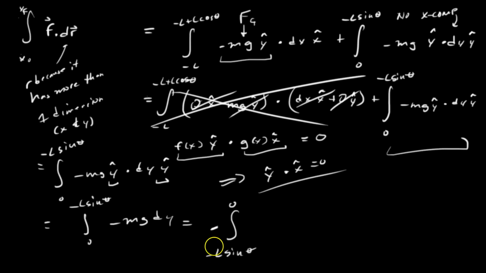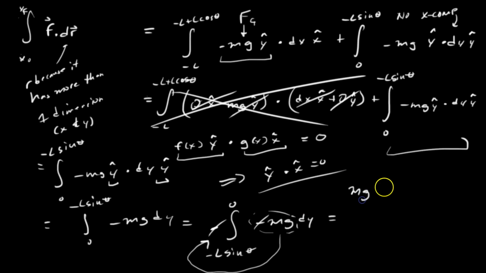Because the lower bound, the negative, always has to be on the bottom. It's going to be negative mg dy. And then, of course, as I said in the previous exercise, we can pull out these constants, negative mg, and a negative cancels out with this negative, just a positive. So it's going to be equal to mg times the integral from negative L sine of theta to 0 of dy